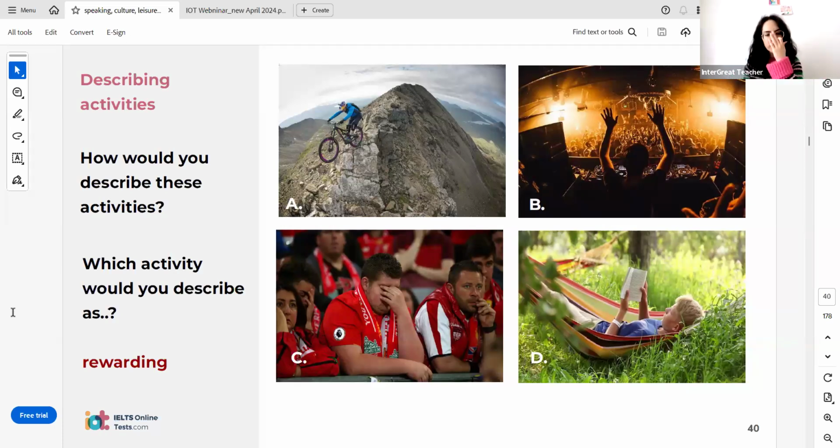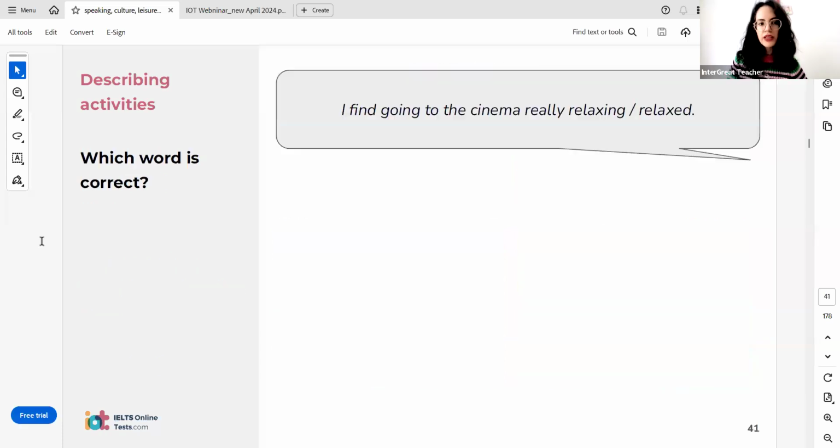Yeah, rewarding, for example, I think reading is rewarding, right? It makes you feel happy because you're doing something useful. You're gaining knowledge, experiencing something, somebody else's life if you're reading a story. Okay, great. Now,